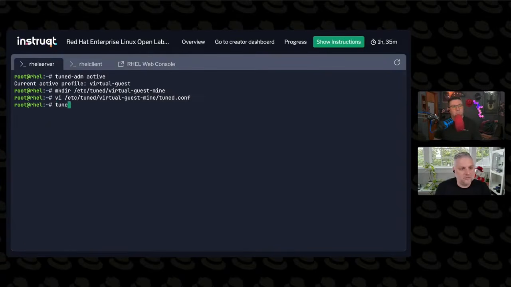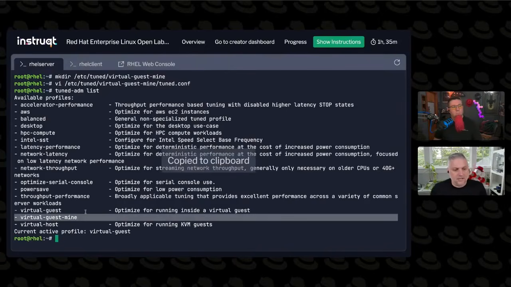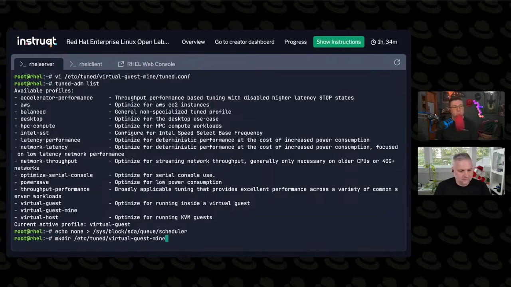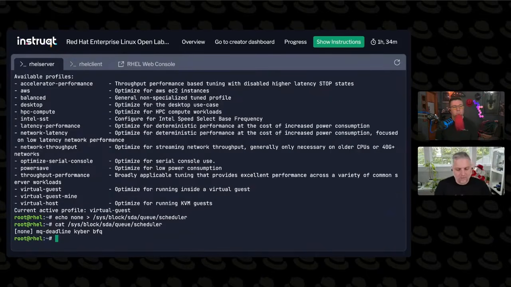All right. And if I do a tuned-adm list, mine shows up in the list. There you go. And so there's no reload of the daemon or anything like that required. It just reads it on the fly. Cool. And I'm going to set it back to none, which was the default. There we go, right? So when I switch to my tuned profile,